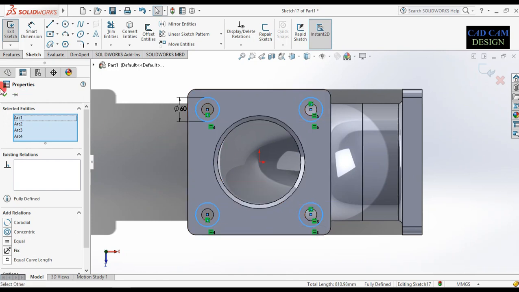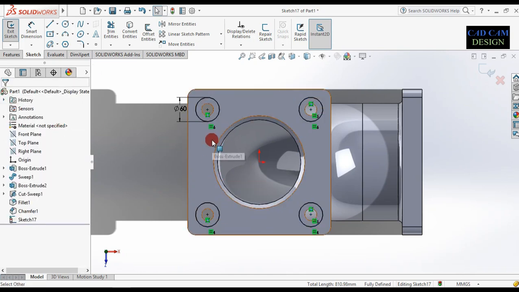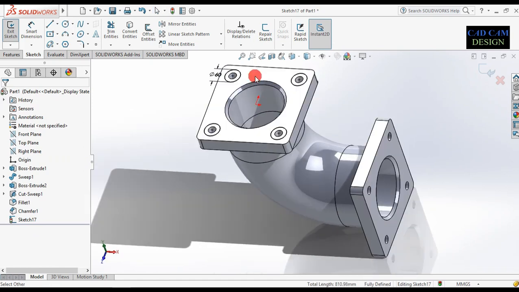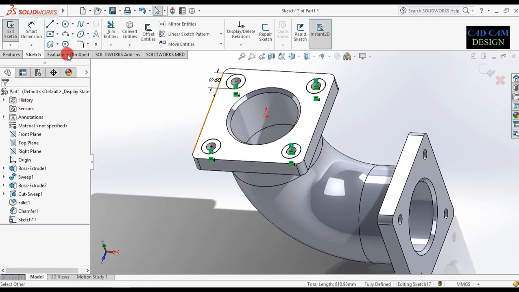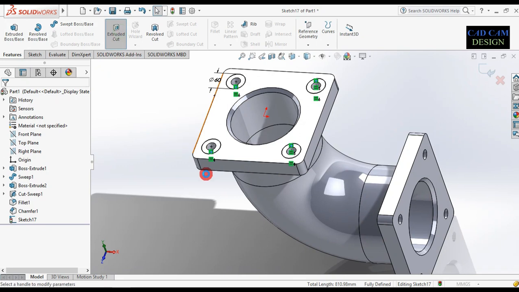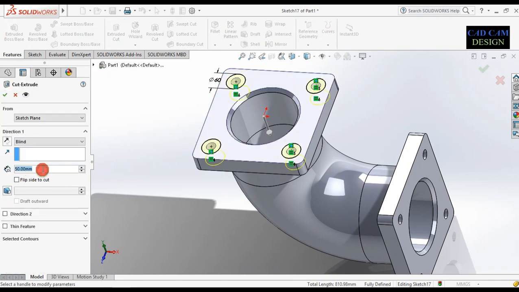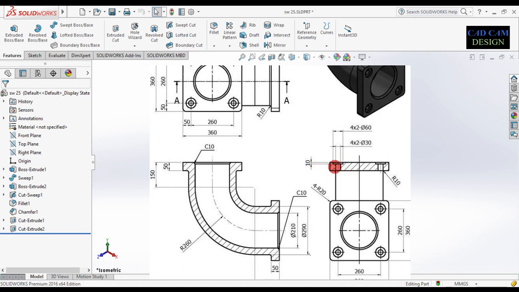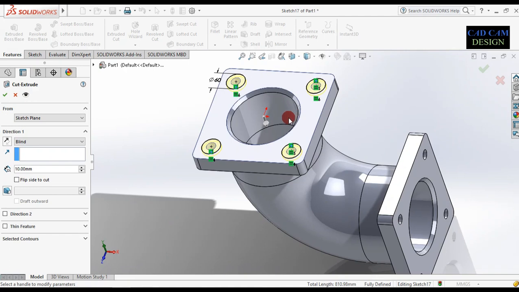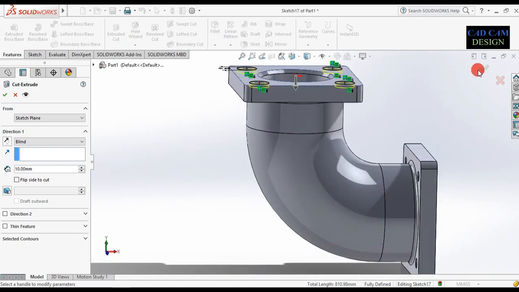Now go to this OK. This our sketch all are done. Now feature and extrude cut, and this is extrude cut up to 10 mm. Now see, this is extrude cut up to 10 mm. Now 10 mm and done.